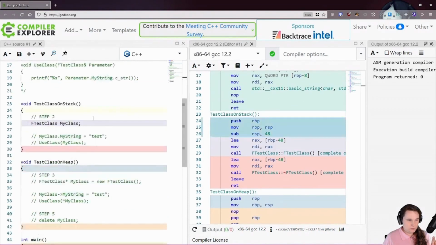Later on, we're going to come down. We're going to look at what is happening here. So inside test class on stack,